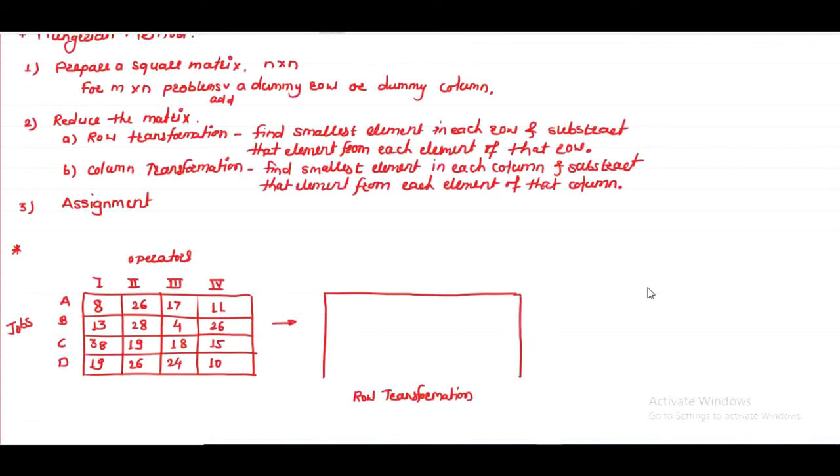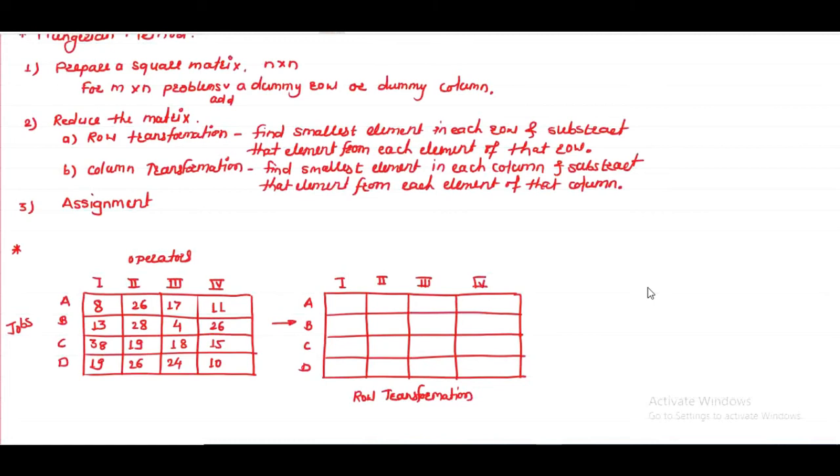So what is the row transformation? We need to find the smallest element in each row. In the first row there are 4 elements, 8, 26, 17 and 11. Our row transformation operation is: find the smallest element in each row and subtract that element from each element of that row.